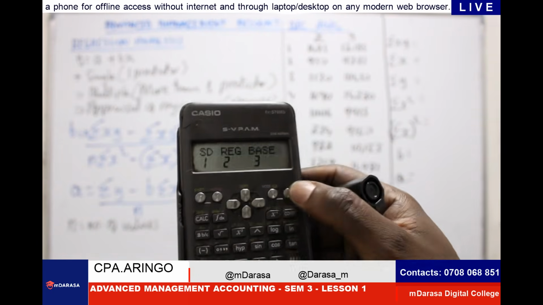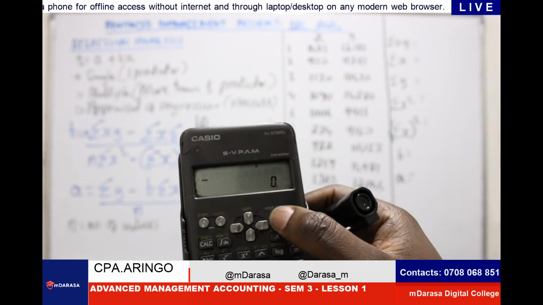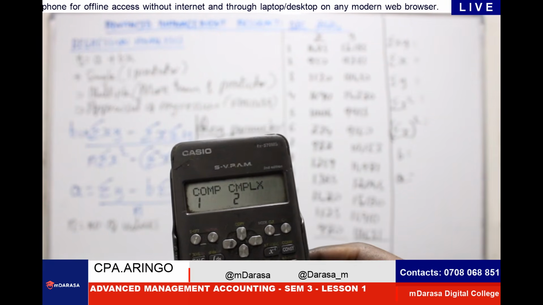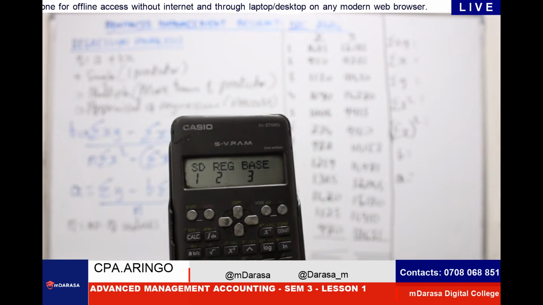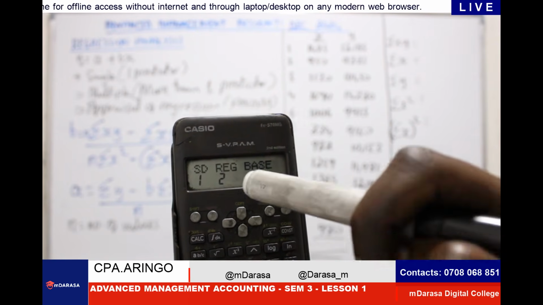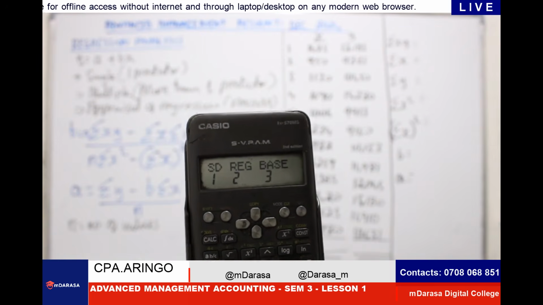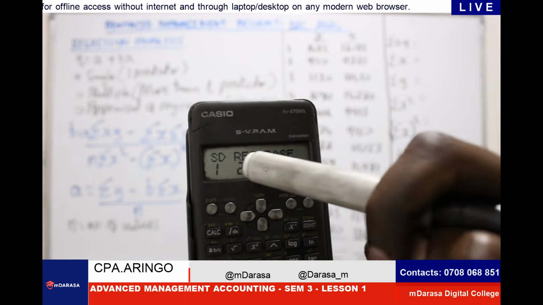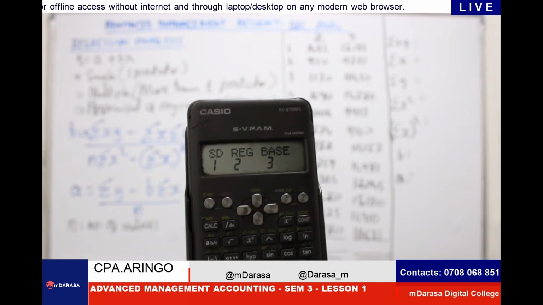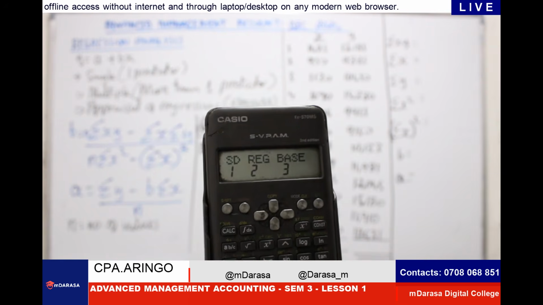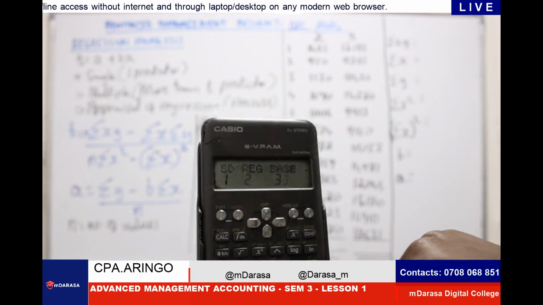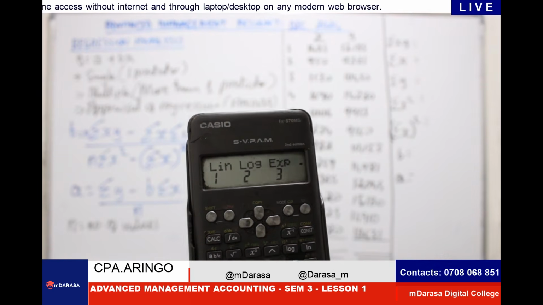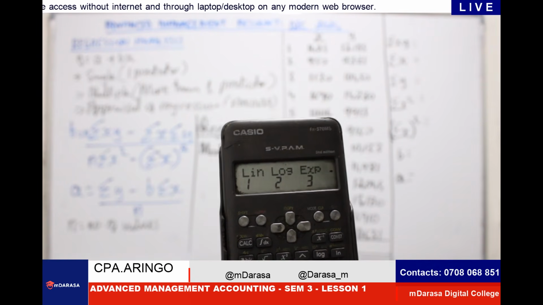You said the first method, you click mode, right? We don't see regression yet. Click mode again. I can see standard deviation, REG, and we're having the base. So we want to click regression, which on my calc is showing 2. So I click 2. I have linear, logarithm, and exponential.